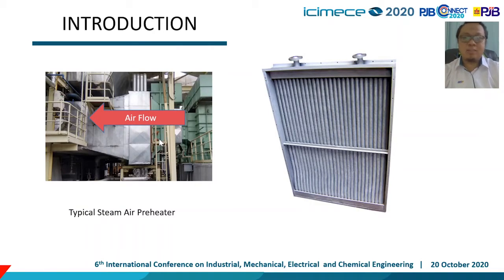This is a typical photograph of a steam coil air preheater. So this is the heat exchanger. There are four modules in this heat exchanger. The air comes from the forced draft fan, flows horizontally through the steam coil air preheater and enters the main air heater. The steam is supplied by these four pipes and condensed in the bottom of the heat exchanger. This is a typical arrangement of the steam coil air preheater, consisting of an inline or staggered arrangement of finned tubes.